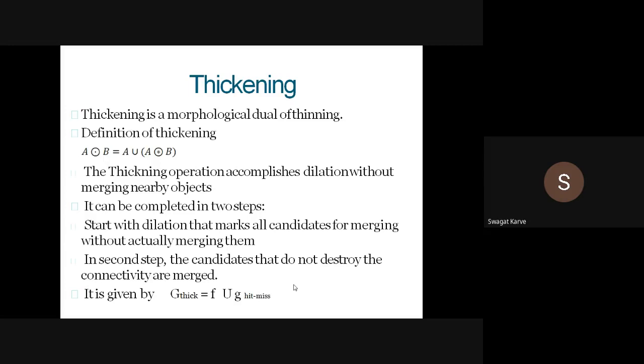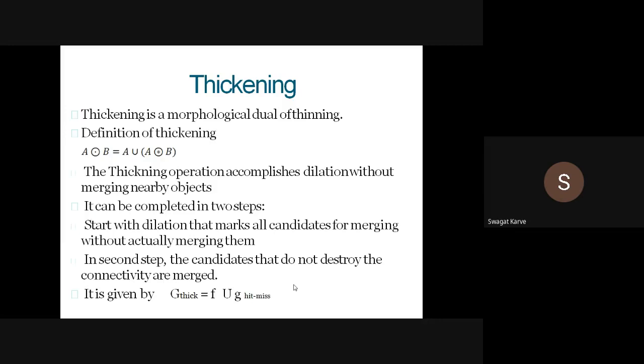बरोबर आहे. पण ते कसं, again the objects that should not, what we can say, destroy the connectivity. म्हणजे disconnected objects असतील ते merge करणार नाही आहोत. Disconnected objects असतील we have to keep as it is, but where there is a connectivity, those objects we are merging with each other. Thinning मध्ये काय केलं होतं, we have separated or we have removed that. बरोबर आहे. Where there is disconnectivity, we have removed that object. Thickening मध्ये काय करणार आहोत, we are merging that object.